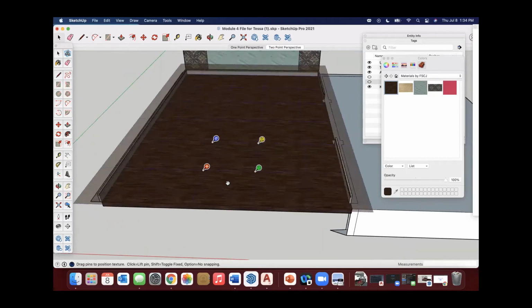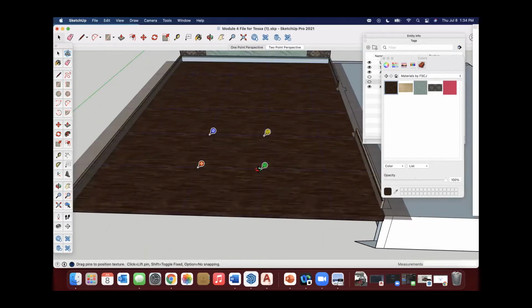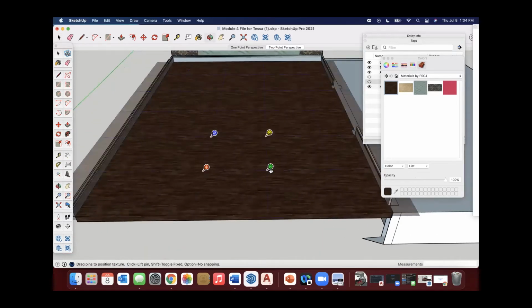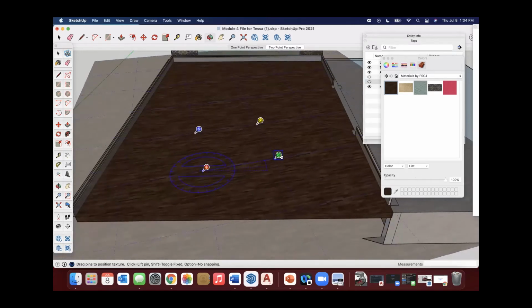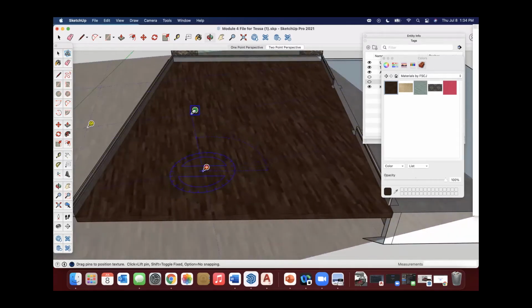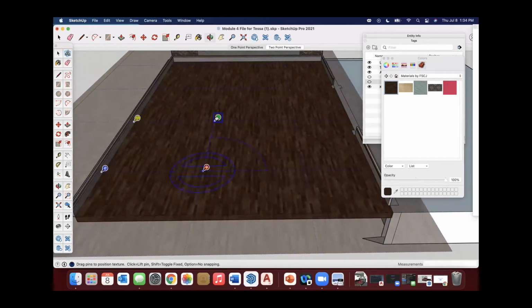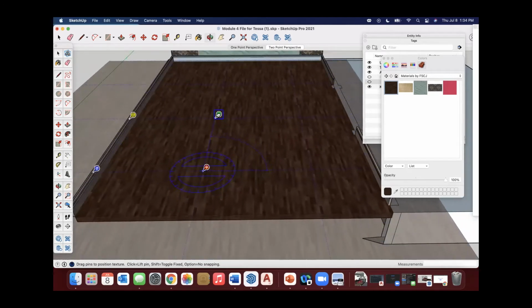I can see that the flooring is running in a horizontal direction. I could use this and rotate it if I want to make the flooring run in a vertical direction, like in this orientation.